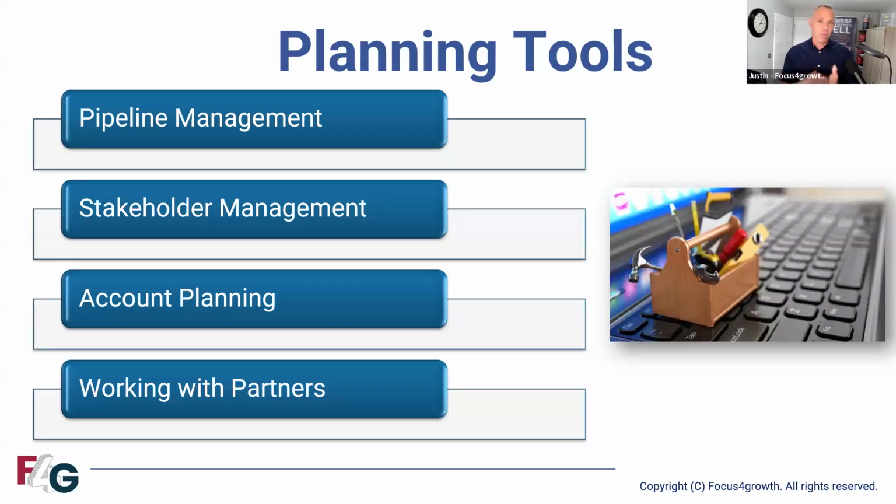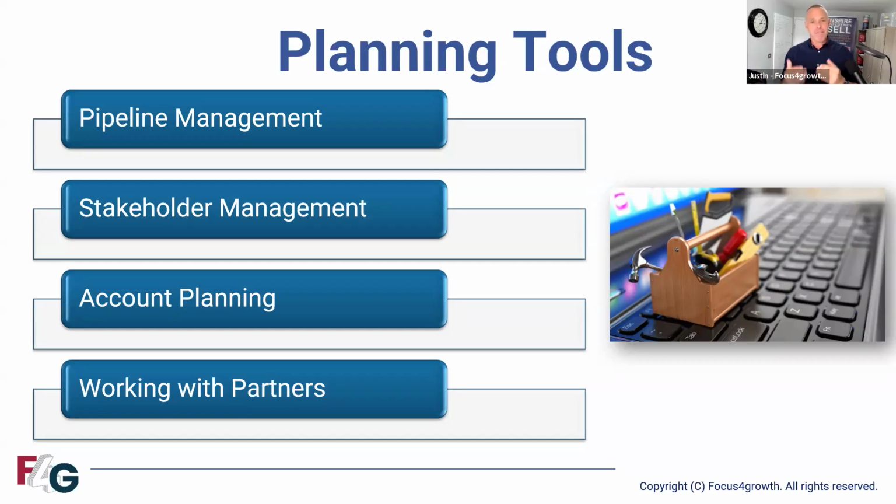We're going to talk about four tools that are in the toolkit. First one is about pipeline management. Second one is about stakeholder management, when you get to larger, more complex opportunities and you're thinking, how do I make sure that I'm managing everybody that's in the process here effectively? Stakeholder management is the answer. Then we've got account planning. If you don't have an account planning process in your business, then this is really useful, simple, single plan on